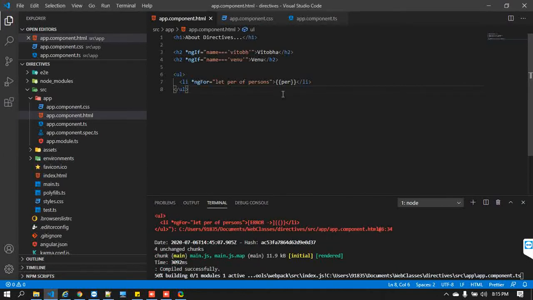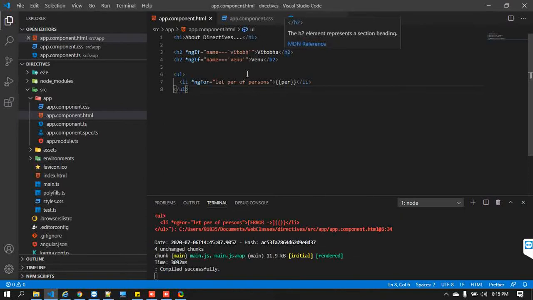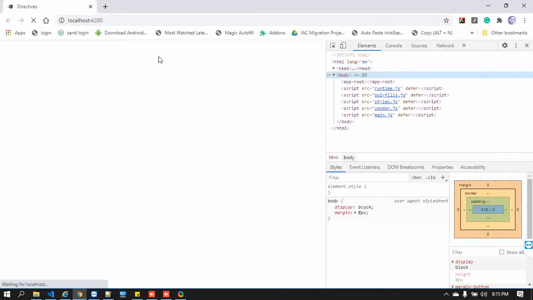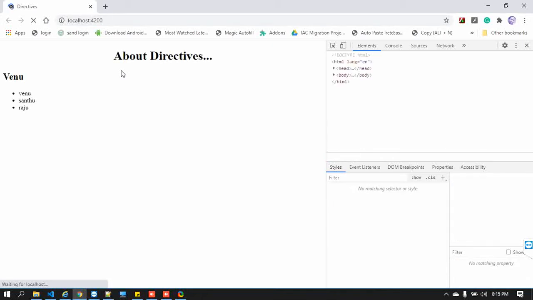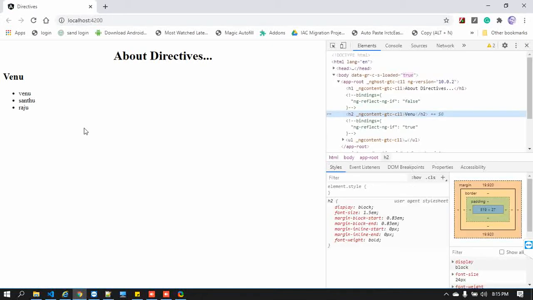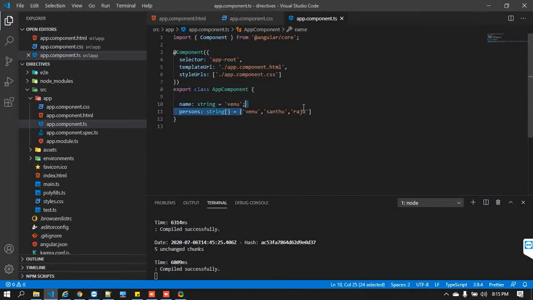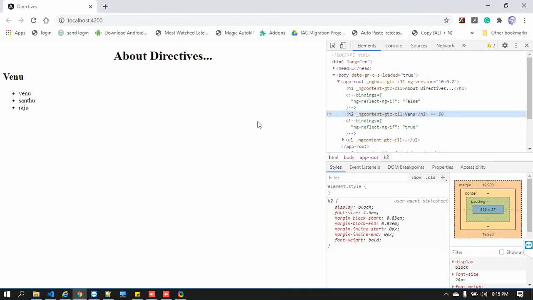You need to save it properly. Now you got the people. For example, let's say I'm removing everyone. Now save it. Let's see what happens.